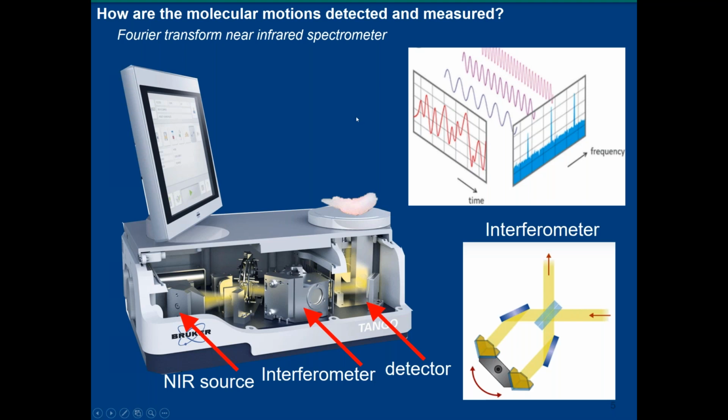It consists of a number of different important elements, which are obviously the detector, the interferometer, and the near-infrared source of light. This is from a tungsten globular light source that produces the near infrared energy source. And so what happens is that the instrument is actually measuring these vibrational responses over the time and frequency domain, because we set the parameters for how long we need the instrument to interrogate the subject, which is, for instance, the otolith. And over time, the mirror is actually moving in all different sorts of random directions to refocus the energy onto the entire surface of the otolith, thereby not excluding any part of the surface of the otolith